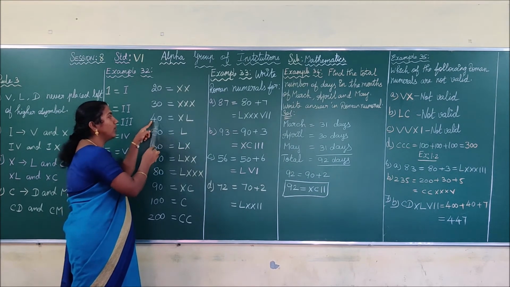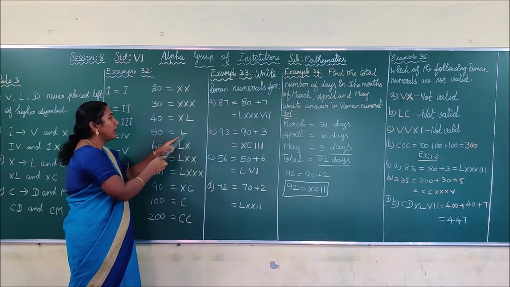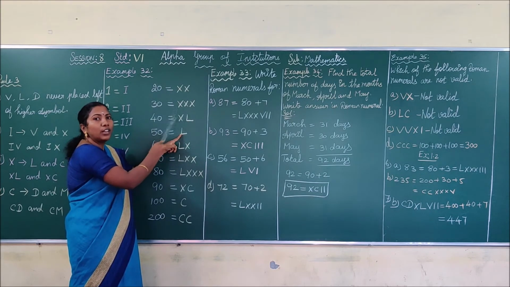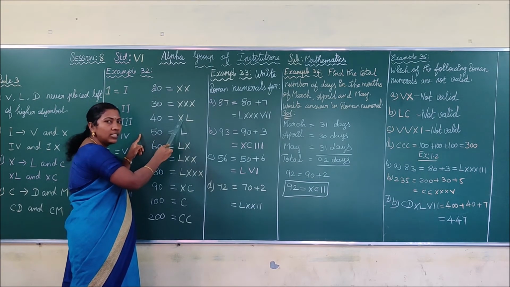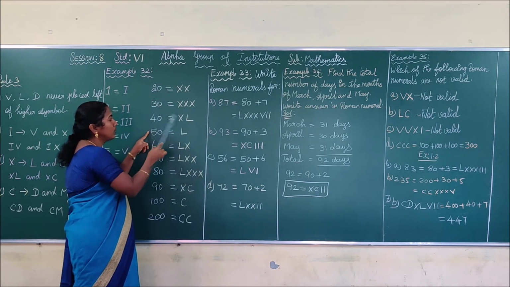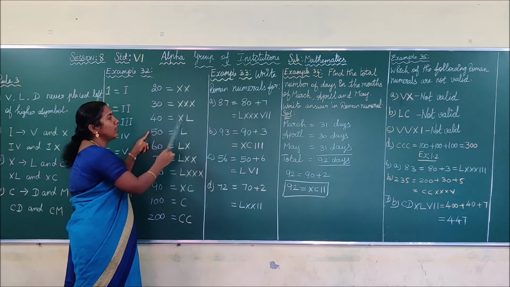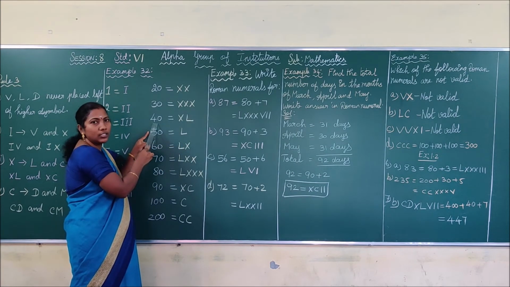So in order to write the Roman numeral for 40, you have to subtract 10 from 50. What is the symbol for 50? L. So you have to subtract the 10 from 50. To subtract the 10 from 50, you have to write the X to the left of the L. So you have to write XL. If you want to add this X to L, it means you have to write it on the right hand side. Okay. Now the Roman numeral for 40 is XL. That is, you have to subtract this 10 from 50. You get 50 minus 10, you get 40. Do you understand, children, what I am saying?